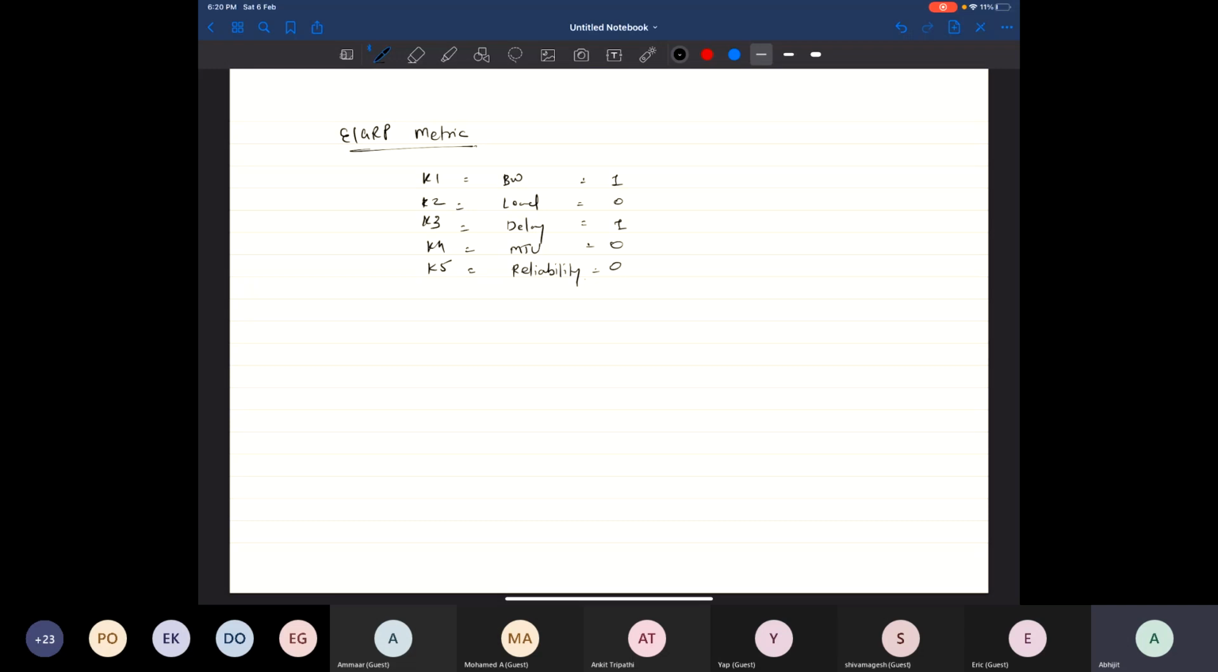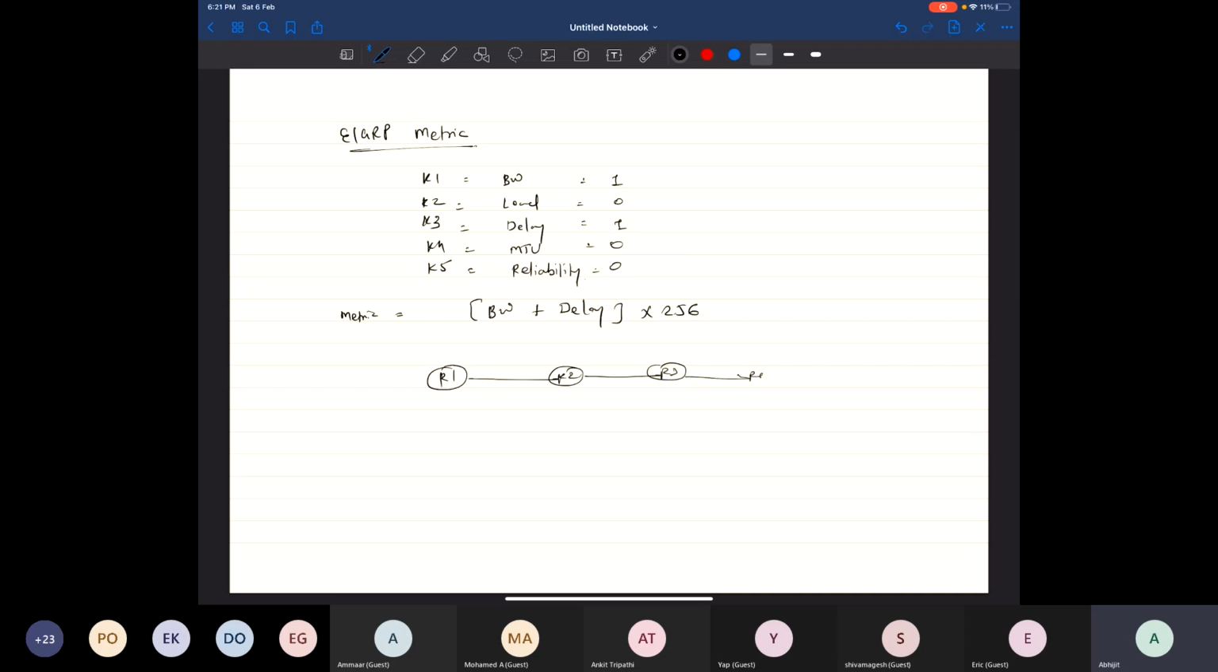If you look at the formula that EIGRP uses to calculate the metric or the best route, it's quite complicated, but I'll give you a simple formula: bandwidth plus delay, multiplied by 256. Which means that if you have a route like R1 to R2 to R3 and to R4, let's say,